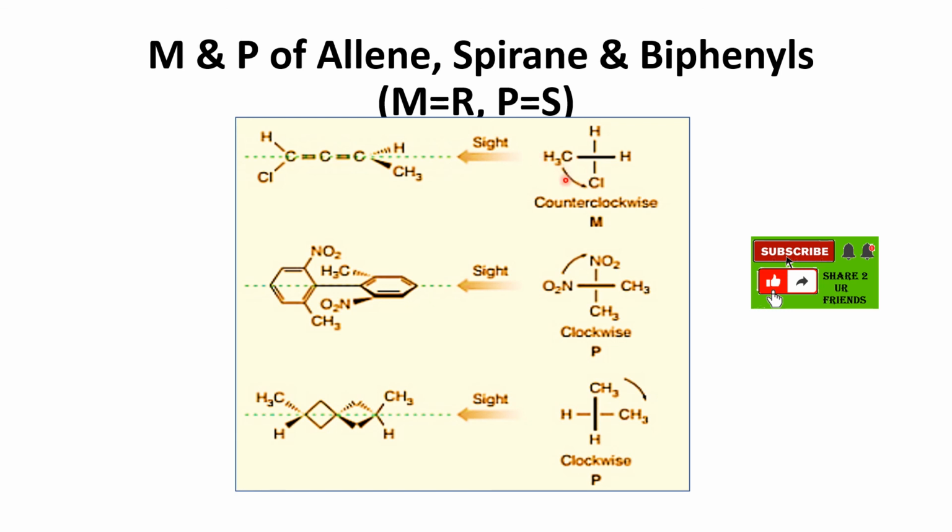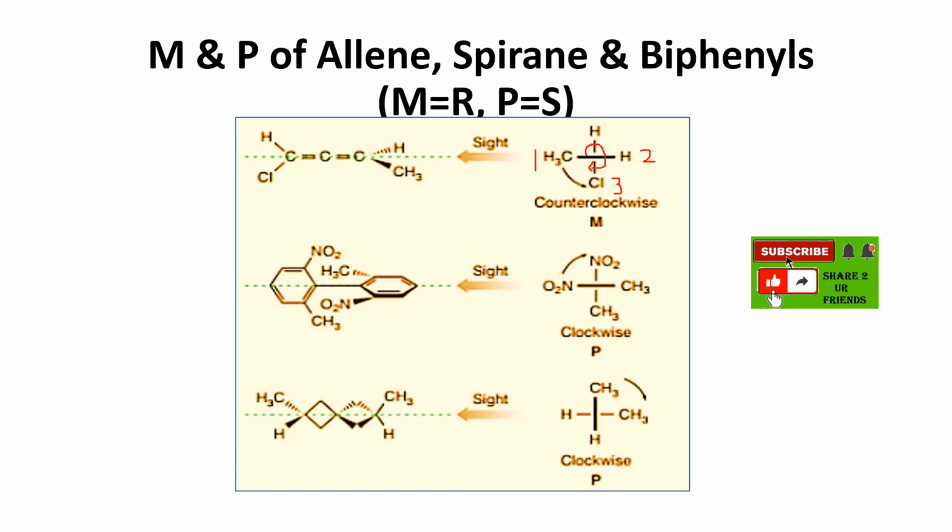What is the direction? If this is a 1 and this is a 3, I'll write it so that you will get a clear idea. So this is a 1 and this is a 3, and this is a 2. If you come from 1 to 3, this is a counterclockwise direction. So counterclockwise means that is M, as I said, minus. Minus means counterclockwise direction, M, which is equal to R. I'll tell you like this also. In this way, usually 1, 2, 3, 4. So this is a clockwise direction, this is R. This is also one other way. M is equal to R.